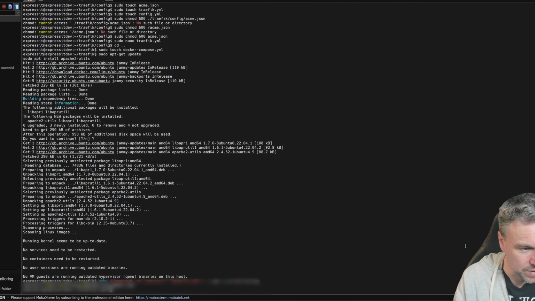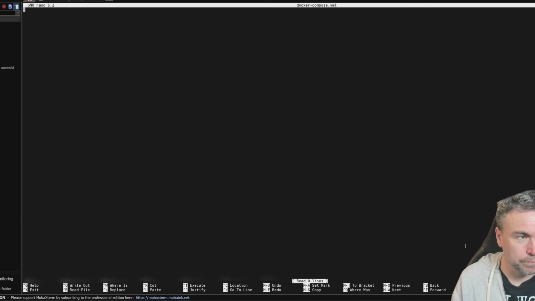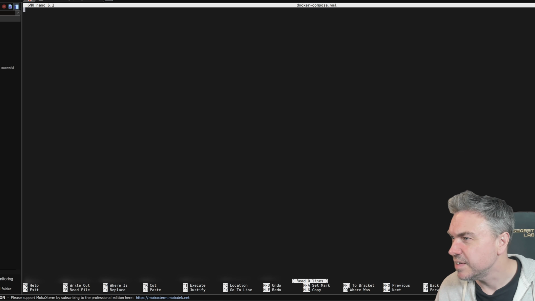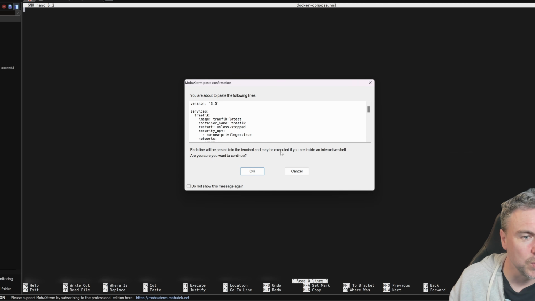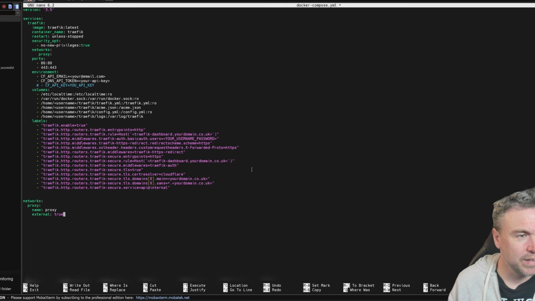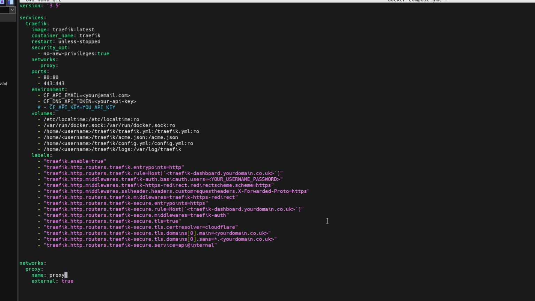So what we'll do now is a sudo nano docker/compose YAML, and we're going to paste in the file. Again, this is available on my GitHub. I will talk through some of the elements here. So things we're going to need to do and change in here, so that you're aware, is